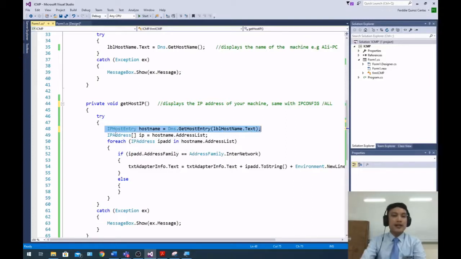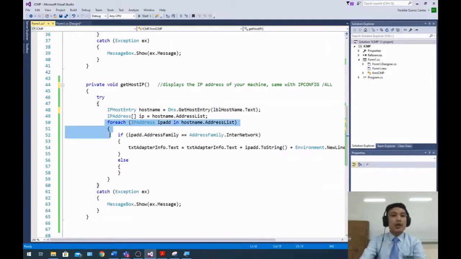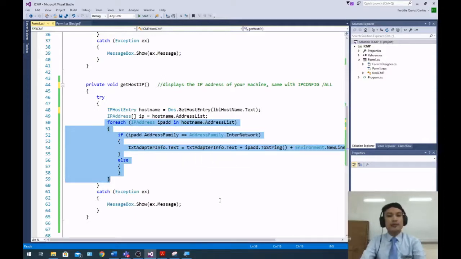This is an array of IP from the host name that we declared earlier. It will list down all the available IP addresses. It will get it from this variable host name, which is the result of this get host entry method. So you will see we will be doing a loop statement here, right? We are going to loop on that table because